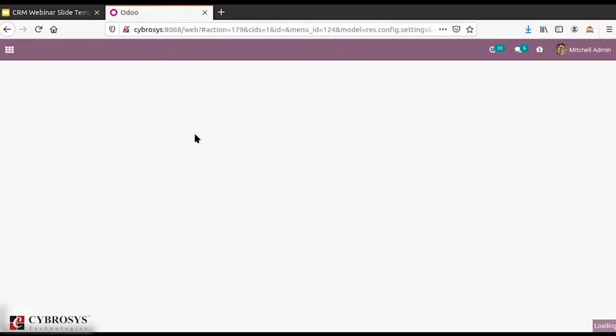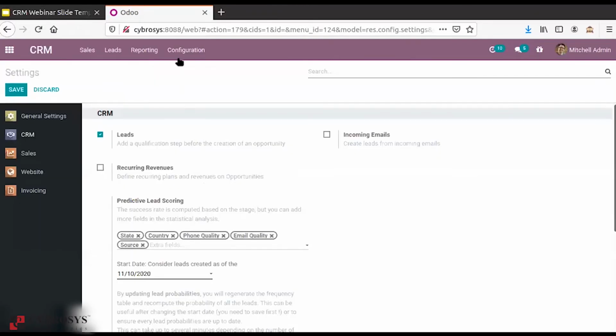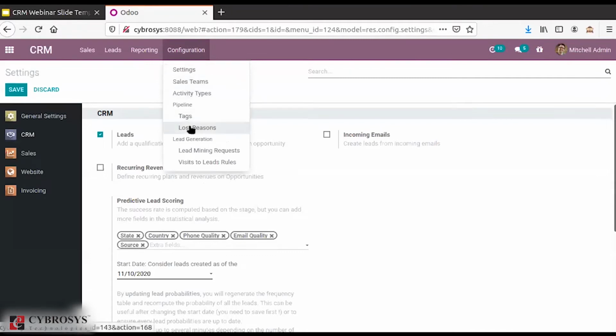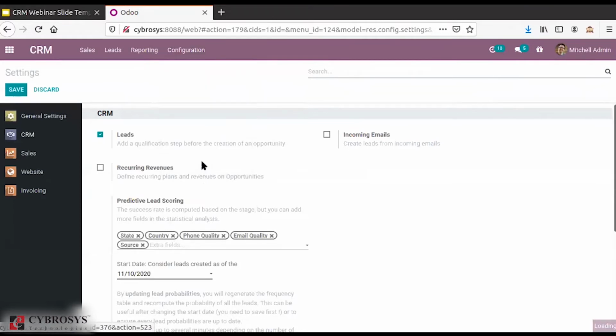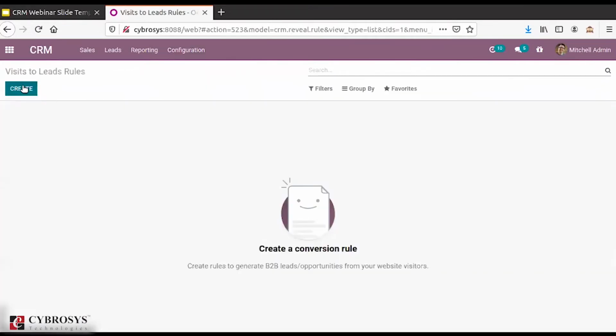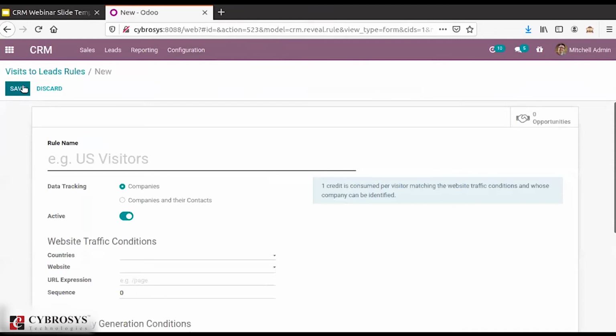I have enabled the option in the settings. When you enable that option, you will see the option of visit to lead rule. Here you can create the visit to lead rule.